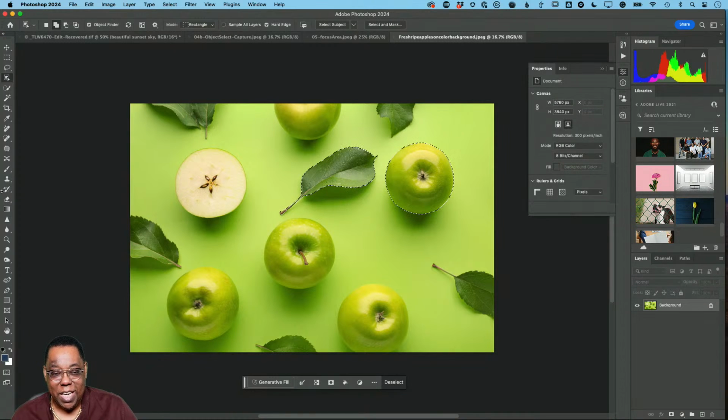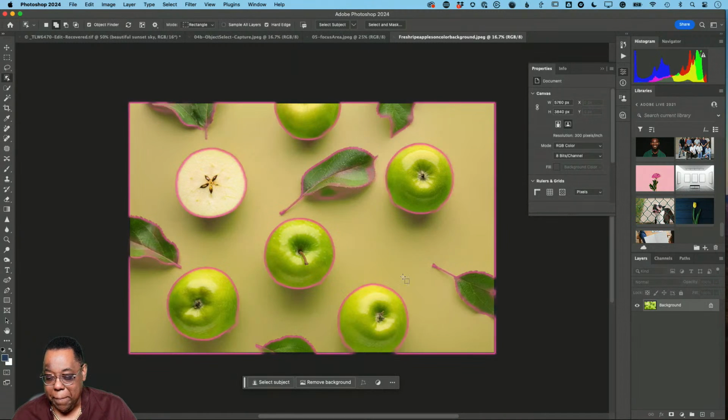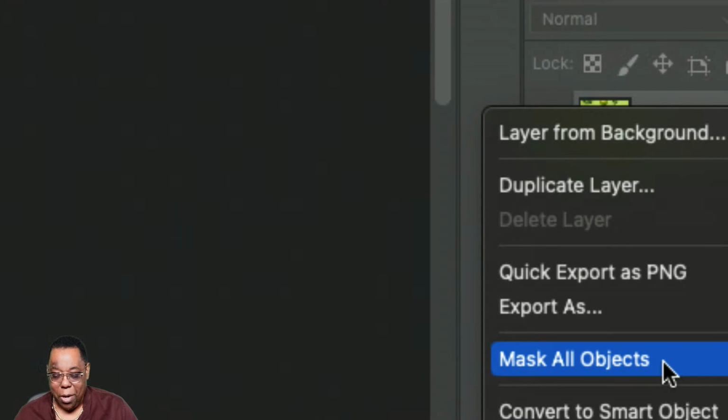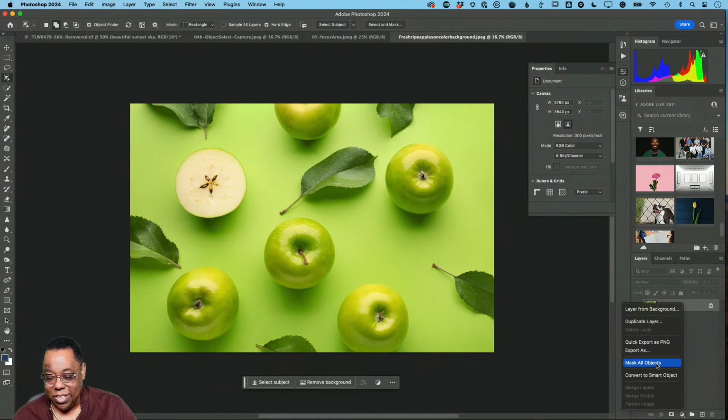Okay, so the object selection tool is great, but here's a bonus tip. Let me deselect, Command D, Control D on Windows. And I'm going to right click on the layer, or the background in this case. And when I right click, there's a magical option called Mask All Objects. This is the object selection tool on steroids. If I say Mask All Objects,